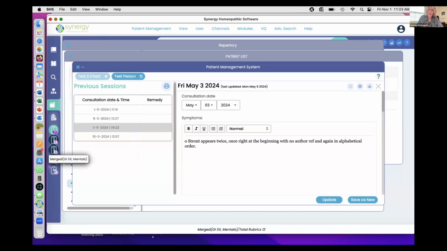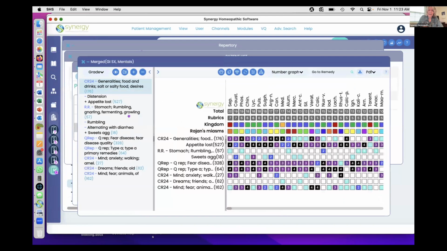Okay, so that's how I created this. And now you can see I have both mental symptoms as well as GI symptoms on my merged clipboard. So just remember, this icon here is very handy when you're wanting to delete clipboards, merge them,